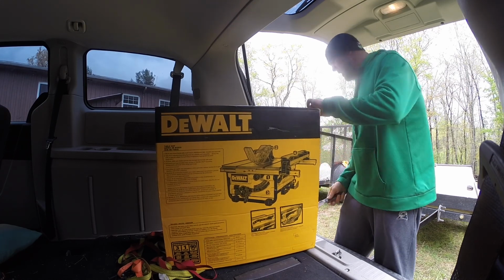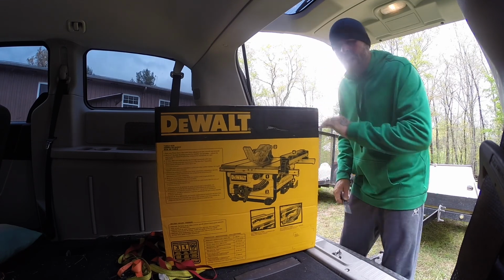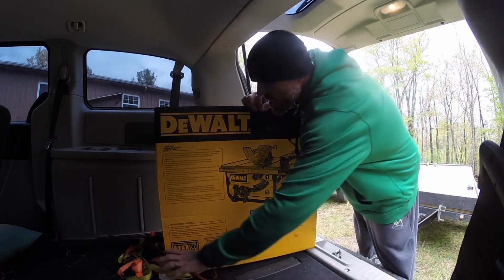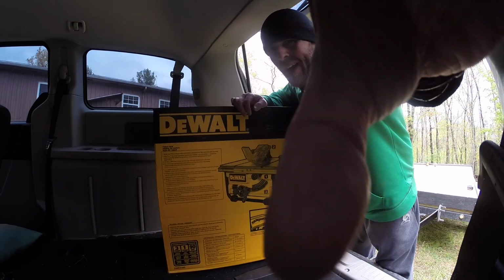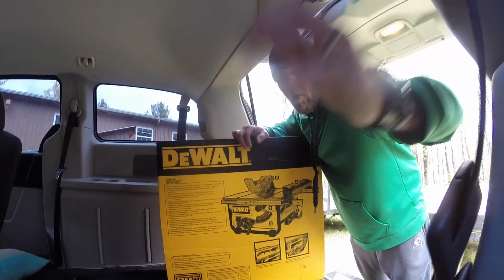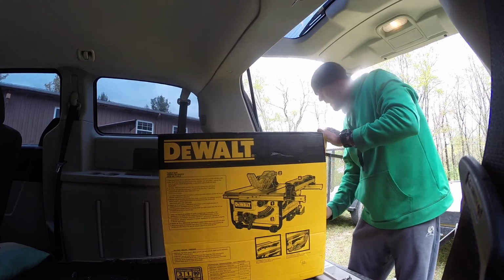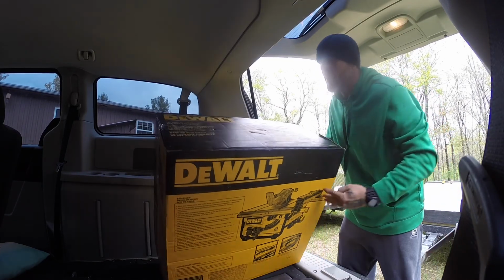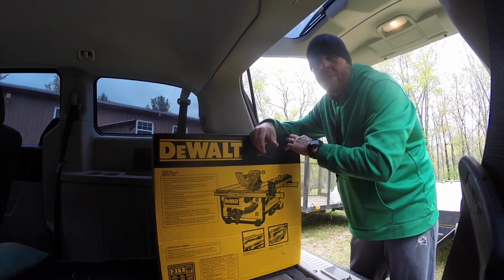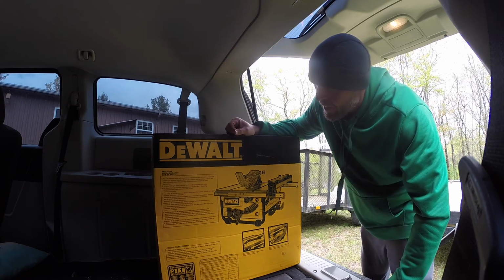DeWalt saw that was a little bigger. And that one was $5.50 because it comes with a portable, the actual stand that you can roll. And I bought this with no stand because I don't need a stand. I'm gonna build my own out of steel, just like I built my lathe stand. I'm gonna build one for this, heavy duty. It'll be somewhat mobile, but it'll be heavy and bulky. But anyway,